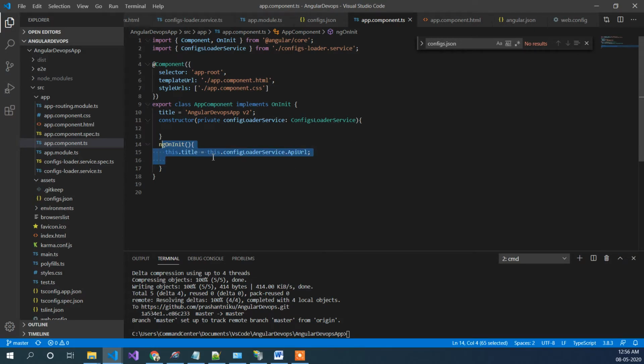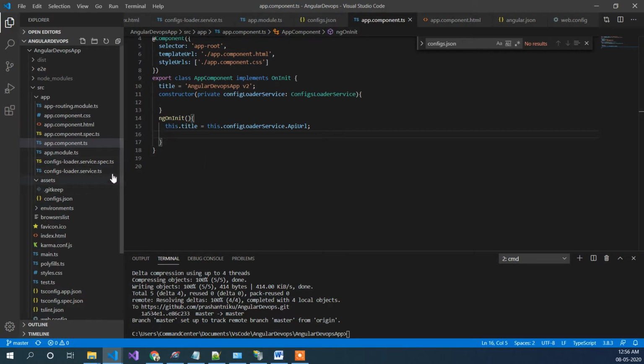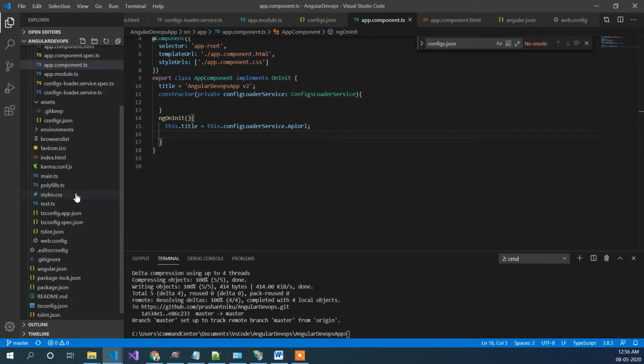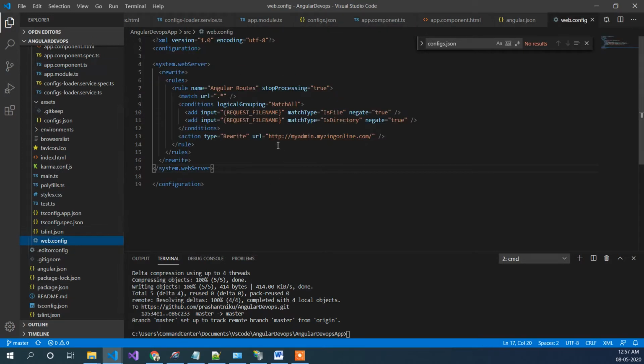Once you have that service, there is one more thing worth mentioning here, which is the web.config. You may also face many problems that leave you confused about how you are supposed to add a URL rewriting file from your Angular project.